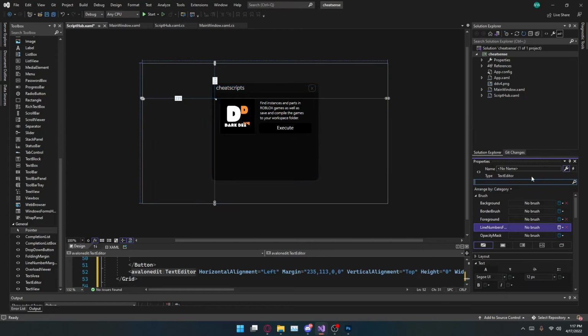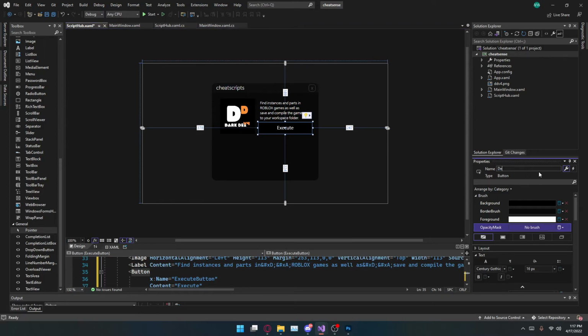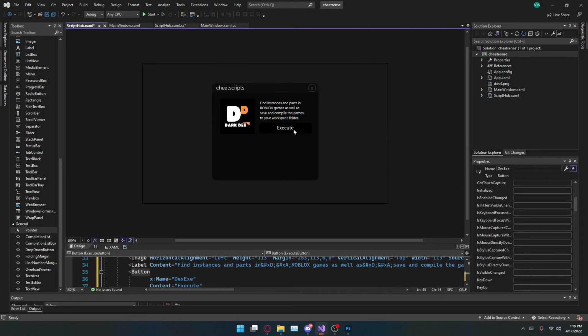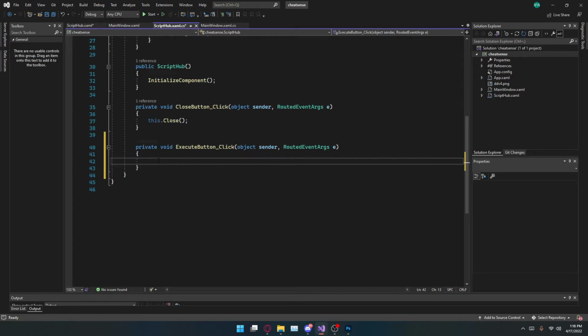So now that we have this, we're just going to name this dark text v4, right? So that'll be our dark text, and then we're just gonna call this dex x exe, so it's like execution. Then we're just going to make a button click function, which you can do by double clicking on the button. So I'm gonna go ahead and do that. So on this click, basically you just want to do